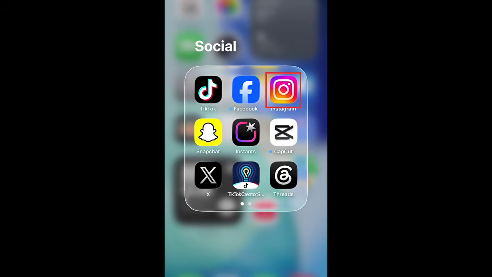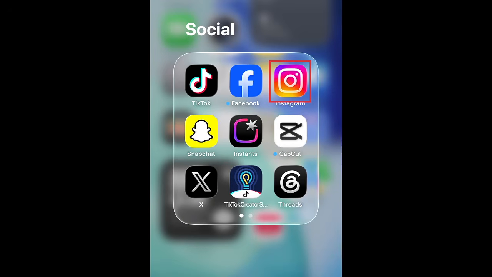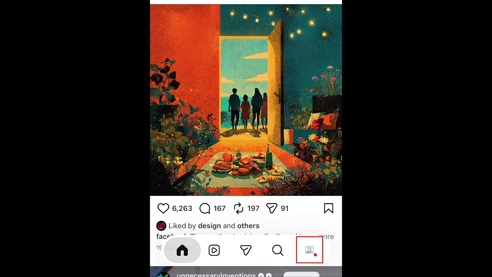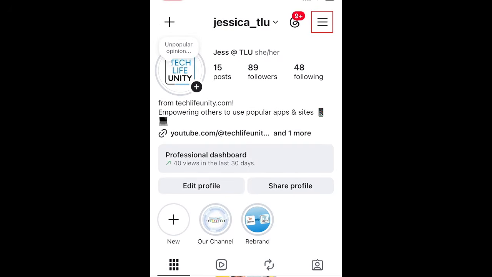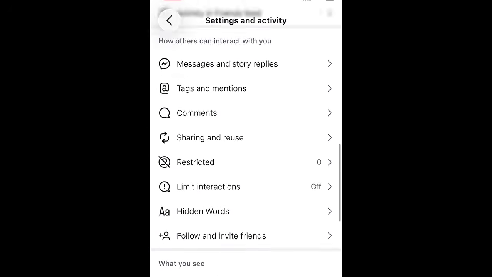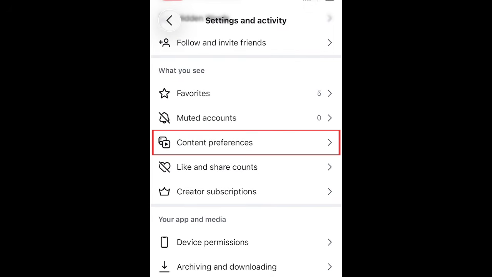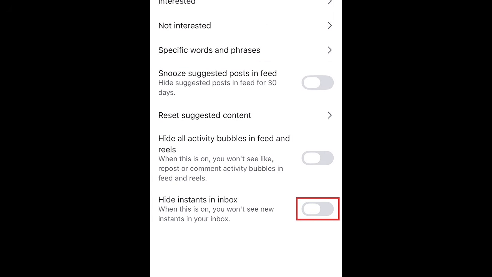To remove the Instants feature from your inbox, open Instagram and go to your profile. Tap the menu icon in the top right corner. Scroll down and select Content Preferences. Then tap the switch labeled Hide Instants in Inbox. This will remove the Instants feature from your inbox page, so you'll no longer see your friends' posts or hit